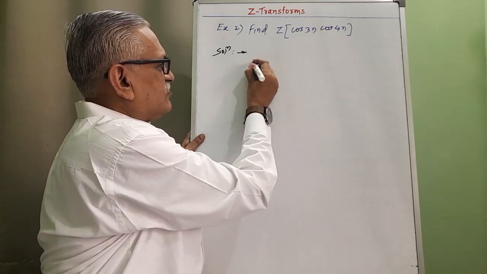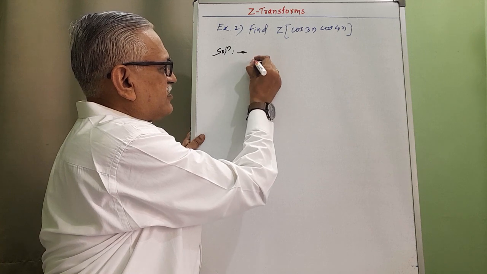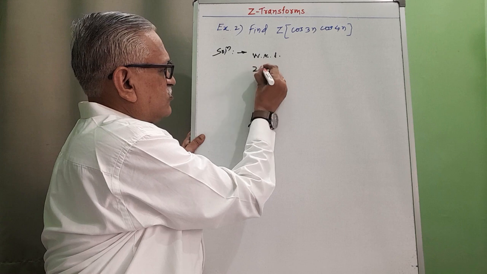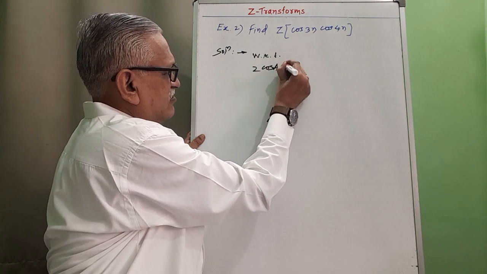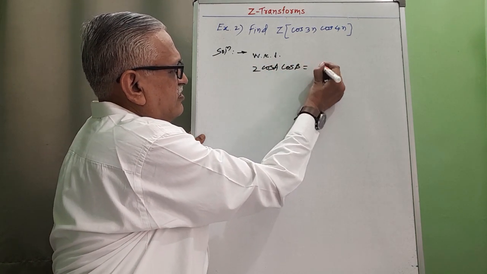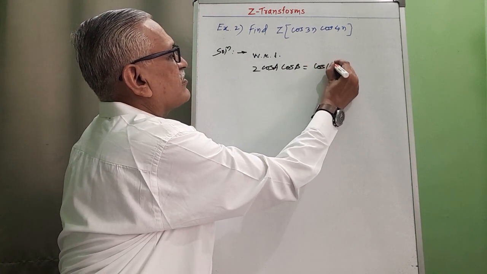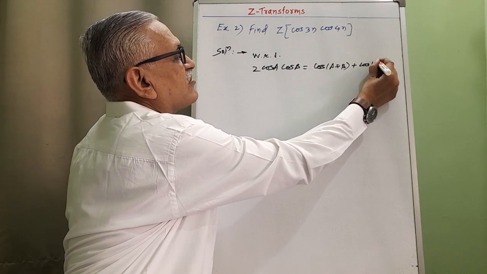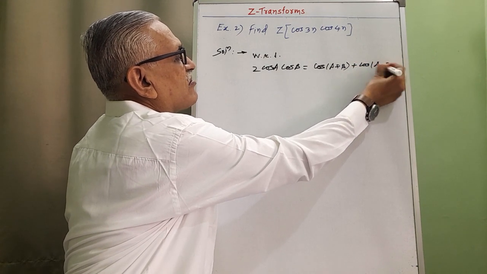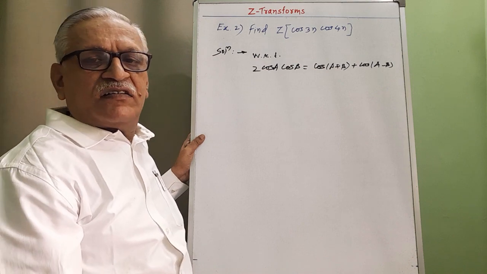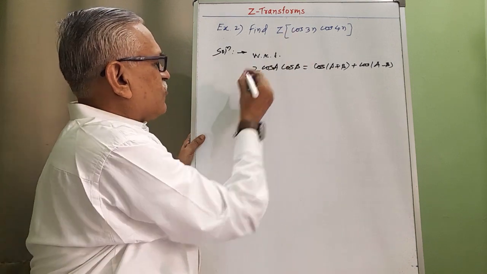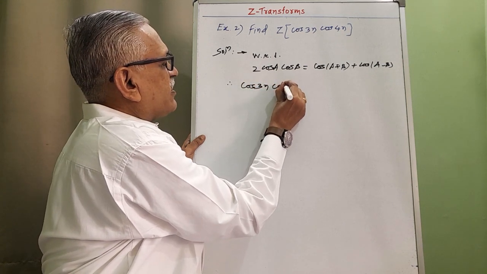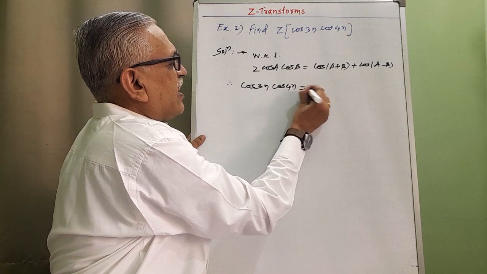Therefore, applying the factorization result, we know that 2 cos A cos B is cos A plus B plus cos A minus B. This is the standard result from trigonometry, and therefore cos of 3n into cos 4n we rewrite as, multiplying by 2 and dividing by 2,